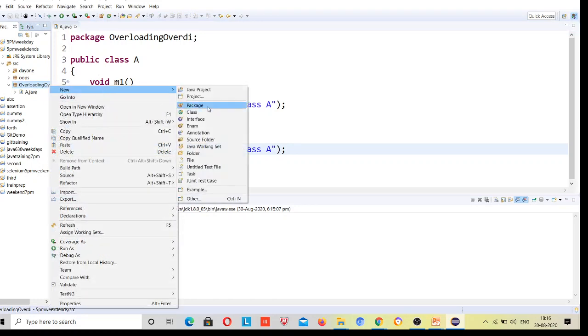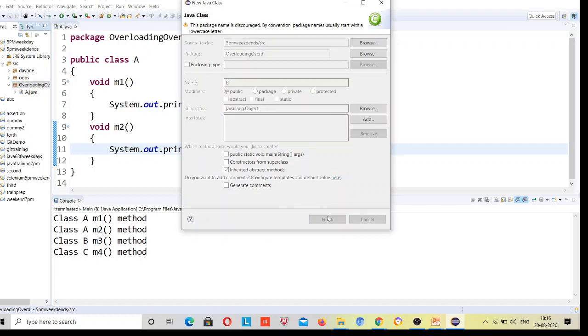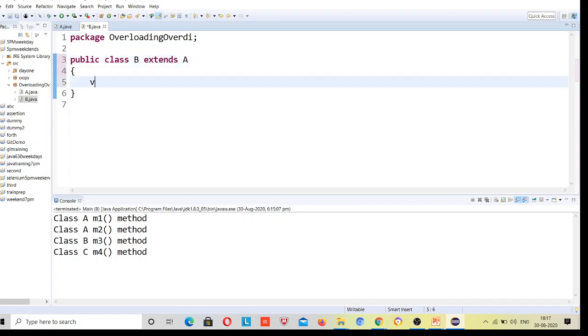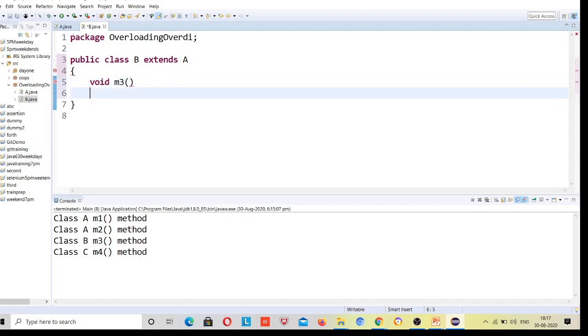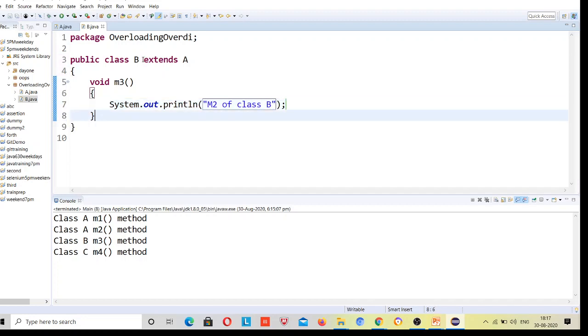There is a class B, which extends class A. It has its own method M3, M3 of class B.